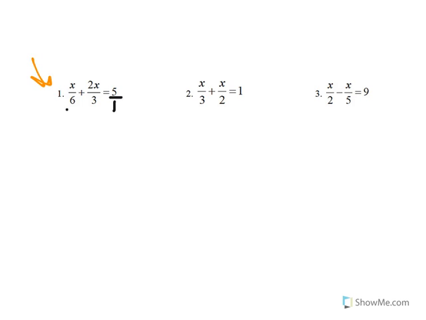Now I have 3 denominators. What is the GCF, or the greatest common factor of these 3 numbers? It's going to be 6, right? Because I can multiply 6 by